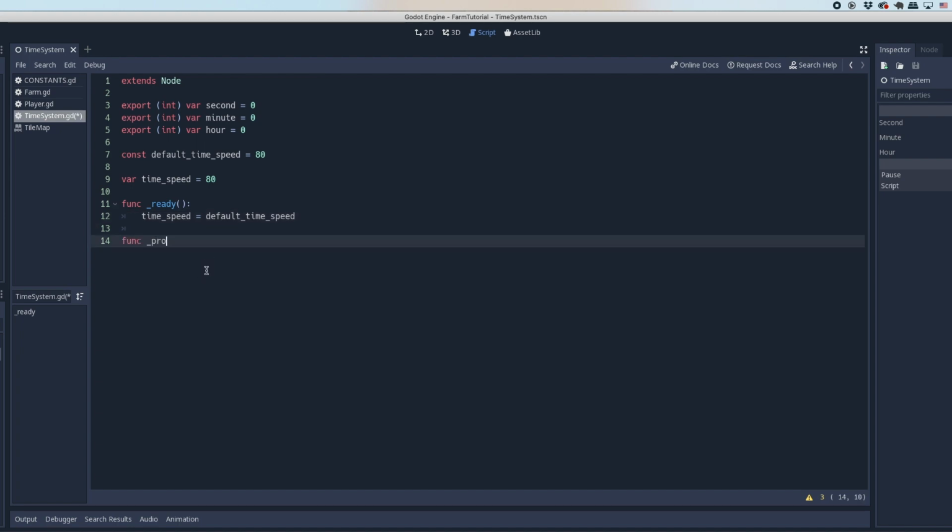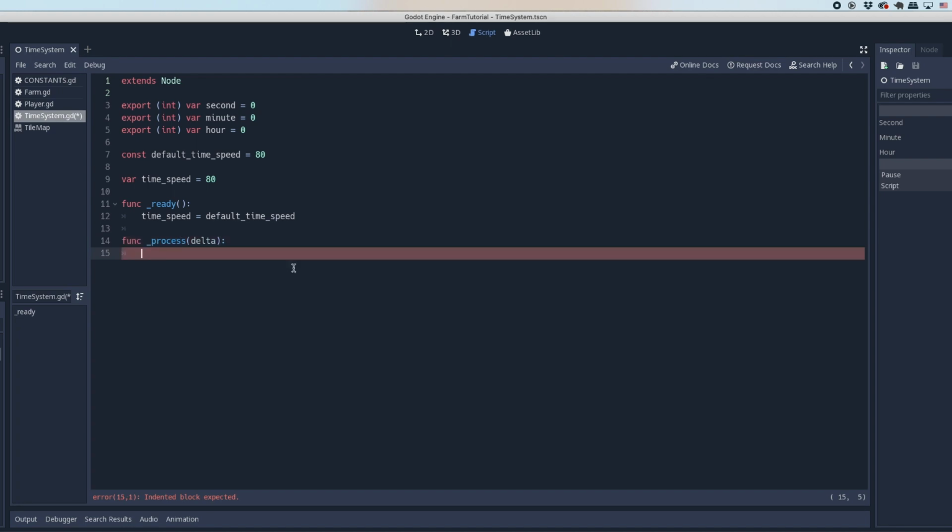Then we definitely need this, which is _process. This delta will equal a very small number. I forgot the specific number, but you can search that online. Very simple. Basically means something like that. I forgot, but I'll add that later. Okay. Anyway, so in this process, we need